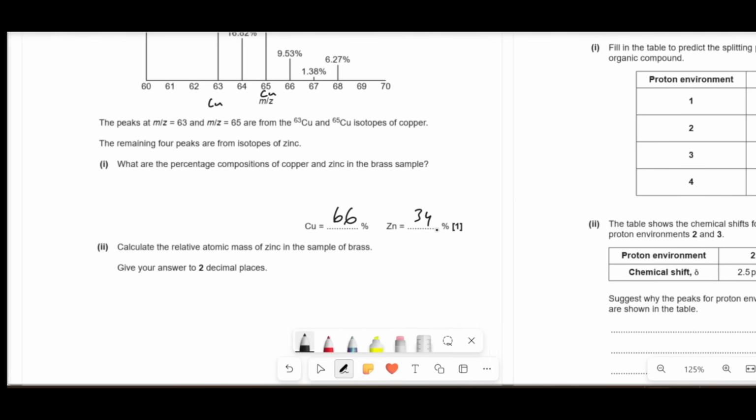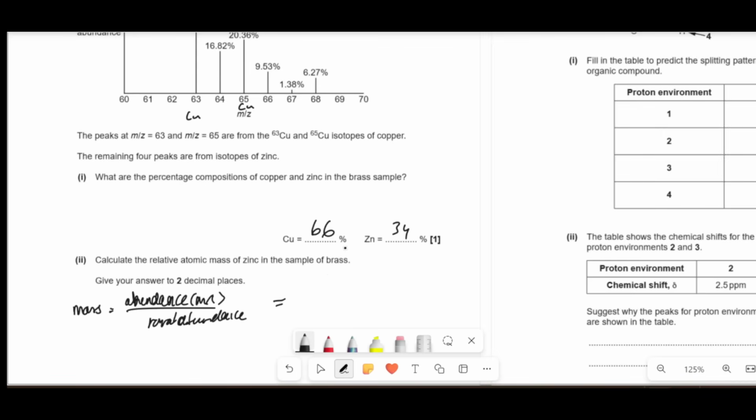So the relative atomic mass of the zinc would be, so your mass of your isotope equals each abundance times its m/z over the total abundance. Now, because we're only looking at zinc, we only need to deal with the zinc's ones. So zinc's abundances are